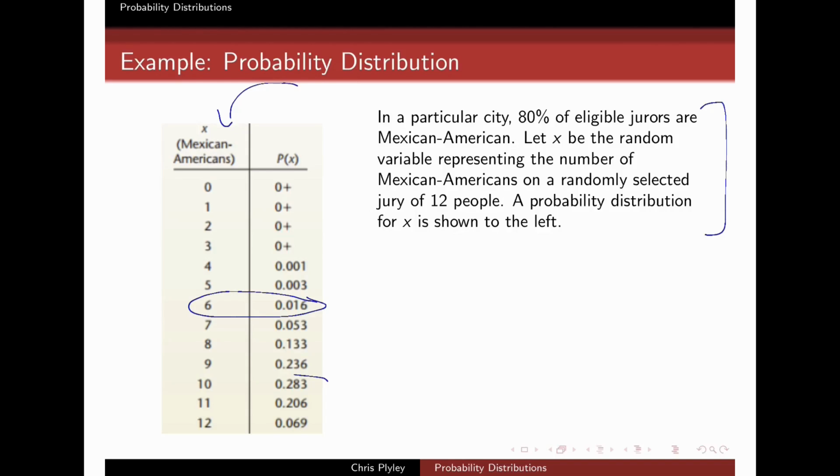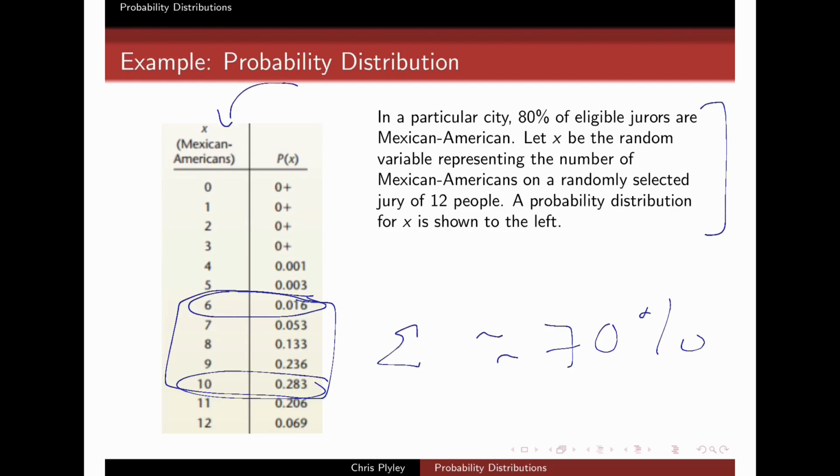The probability of getting a jury with 10 Mexican-Americans is about 28%. The probability of getting between 6 and 10 is the sum of all these numbers. So it looks like about 40, 51, 61, 64, 69. It's somewhere around 70%. So I have about a 70% chance of getting between 6 and 10 Mexican-Americans on my